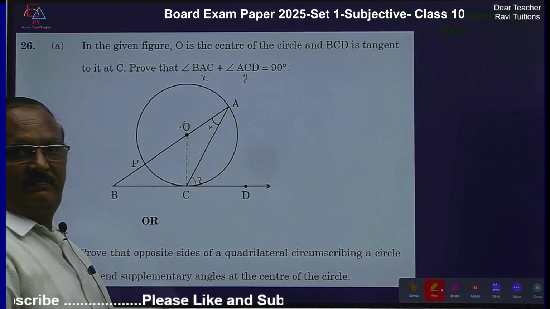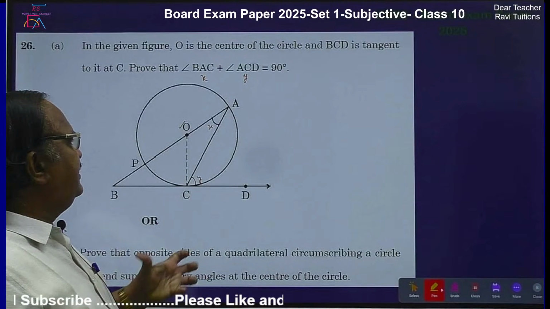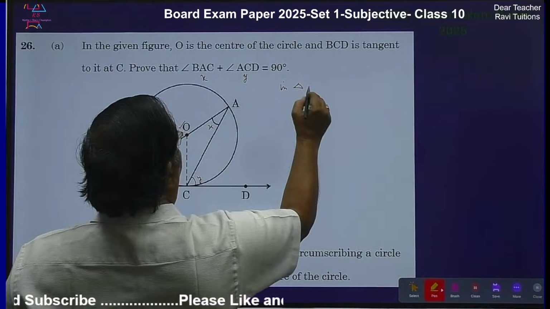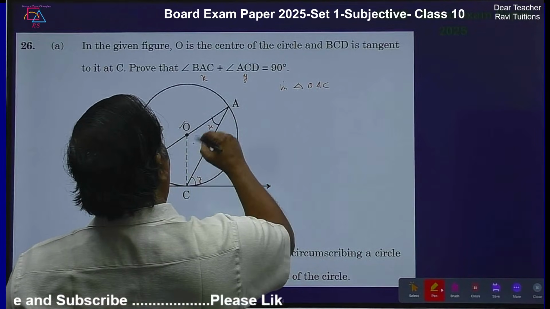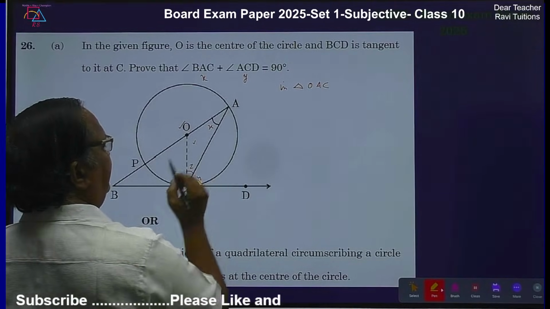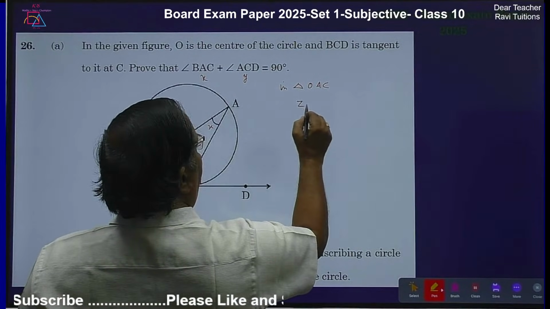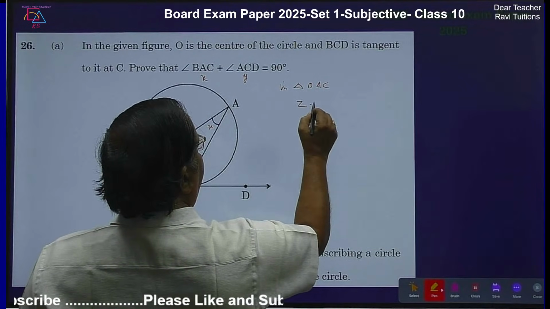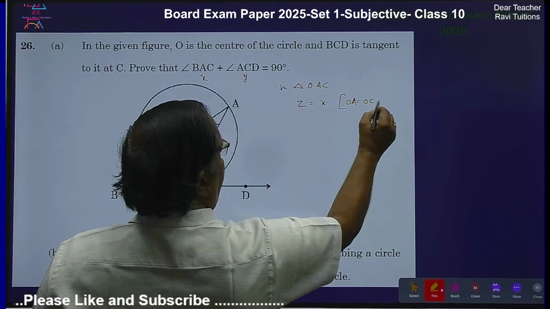Okay, this is our target. Let us write the things. Now you take triangle OAC. Let me write here Z. Okay, so Z is equal to x, because OA is equal to OC is equal to radius,